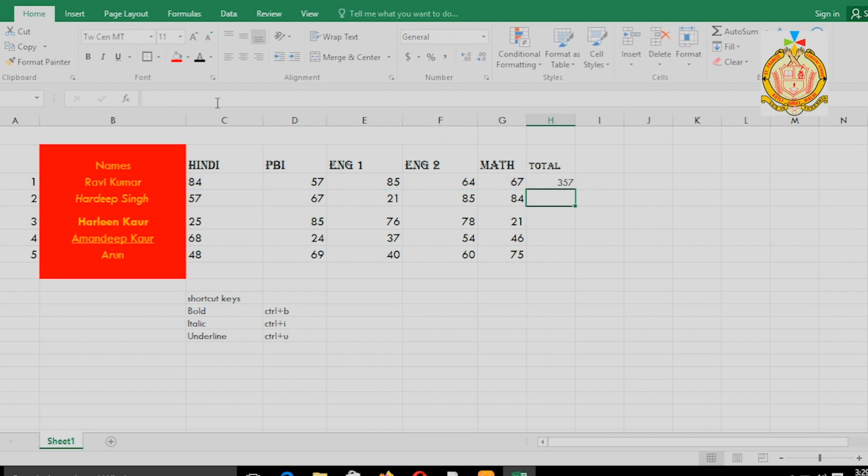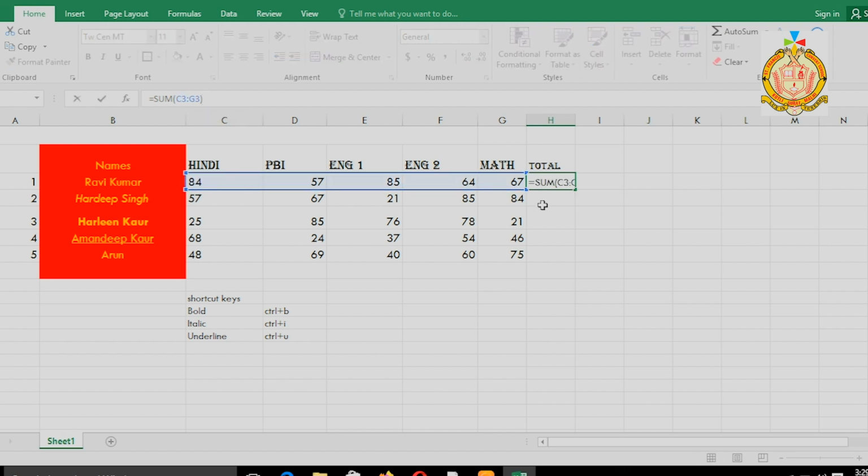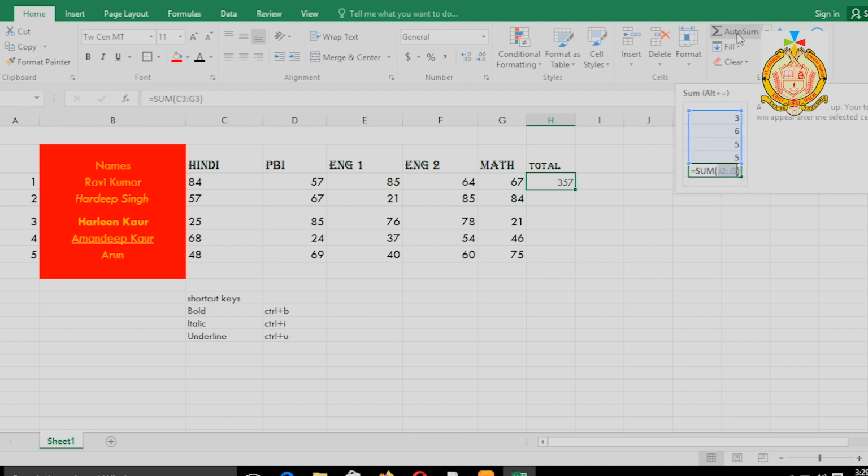When you click on sum, then next we have to see the range and click on the Enter key. You can see when I was entering manually with the help of the keyboard, our answer was 375, and if we use this auto sum, our result is the same. There will be no change in result, but it will increase your speed and there is less chance of mistakes. Now our result is 375.